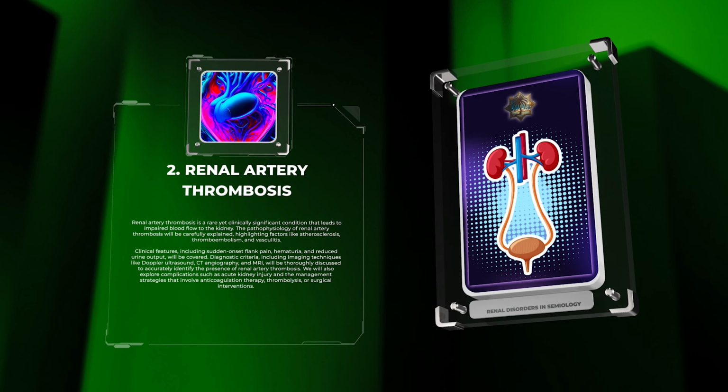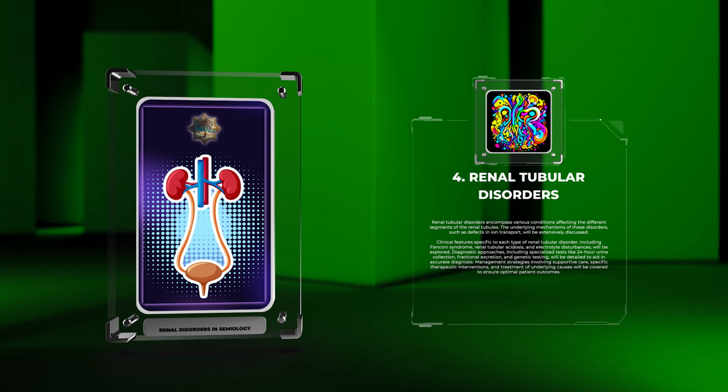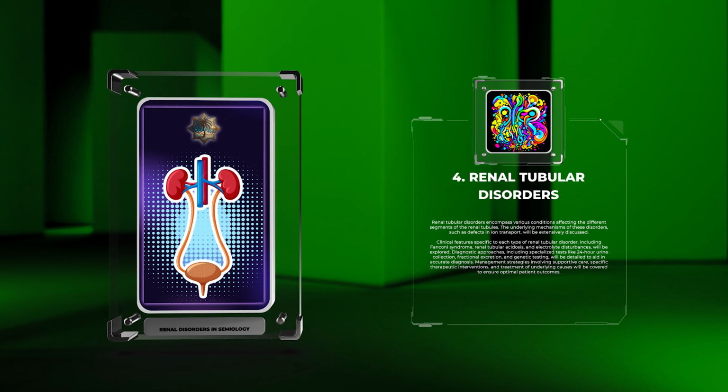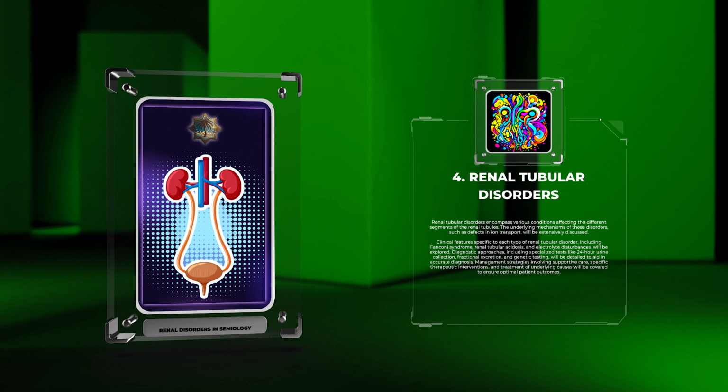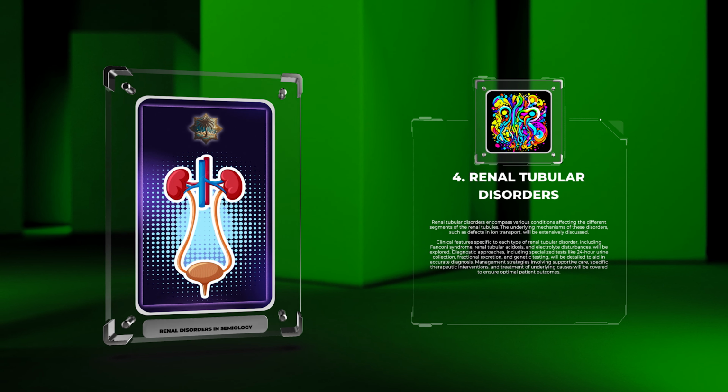Renal tubular disorders encompass various conditions affecting the different segments of the renal tubules. The underlying mechanisms of these disorders, such as defects in ion transport, will be extensively discussed. Clinical features specific to each type of renal tubular disorder, including Fanconi syndrome, renal tubular acidosis, and electrolyte disturbances, will